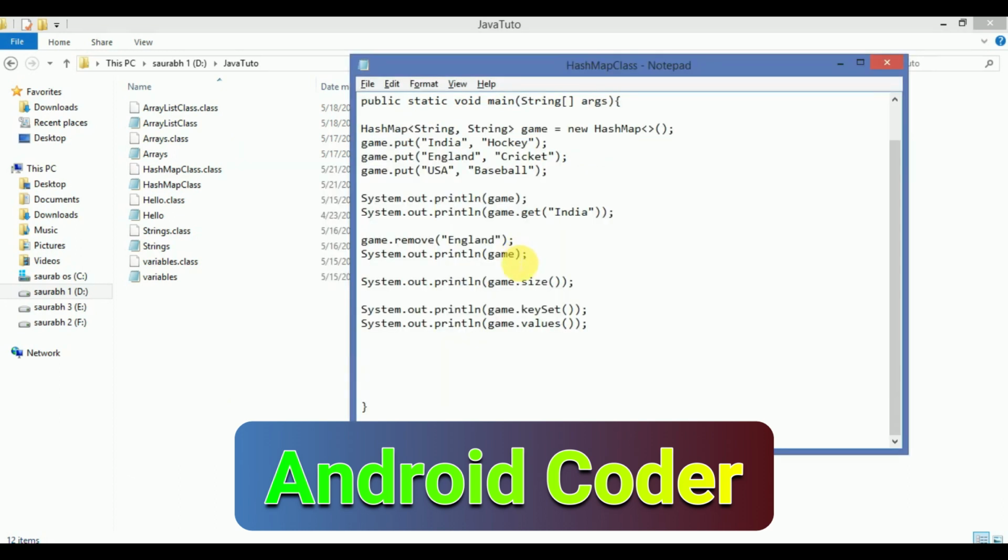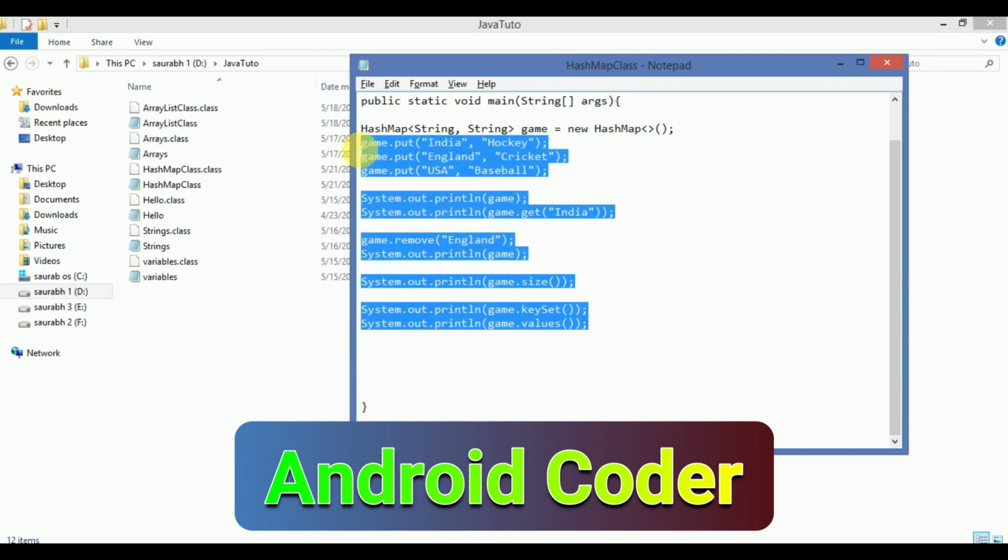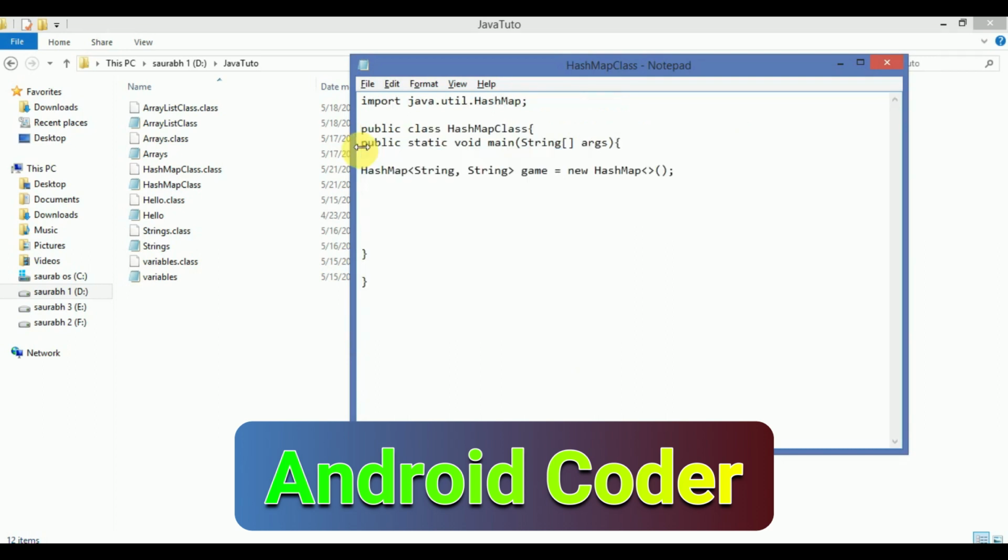Now let's see an example with a different data type. For that, let's delete all this. If you need the code, you can find it in the link in the description. Now let's suppose I pass the values as integer. Now if I add values, say game.put, here the key is India, and for values we have to pass an integer, so I just type 1.